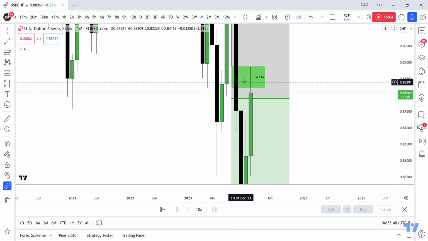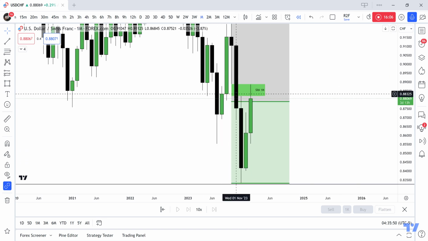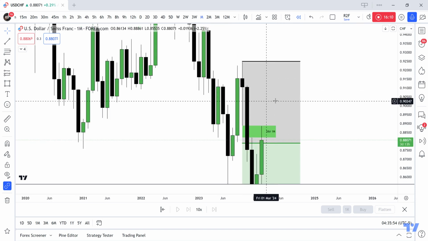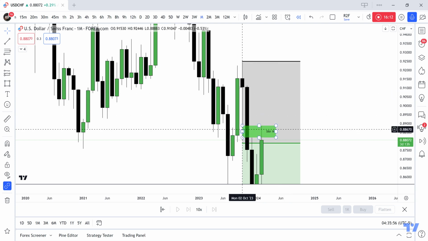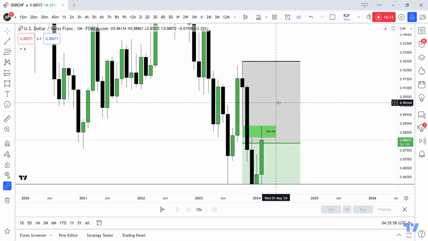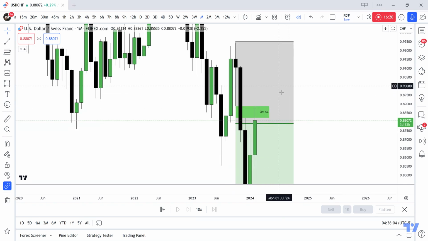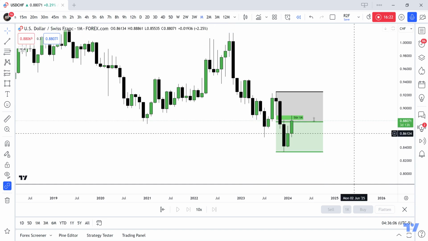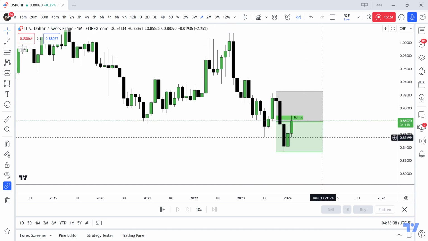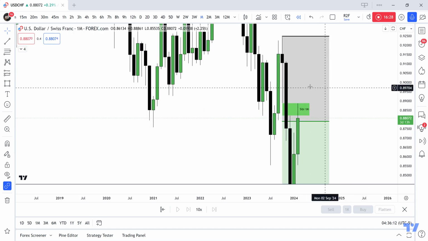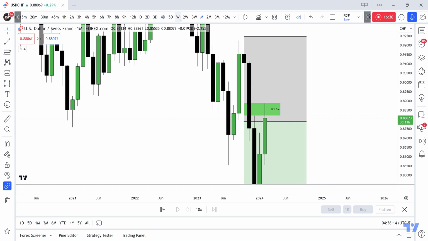On the monthly, we're in this gap now, so natural to expect some sort of retracement. But I do feel that large wicks like this off a body tend to be traded to at least a bit. So I expect to go a bit more into premium before we were to possibly head lower. Okay, so that's my anticipation. That's my bias